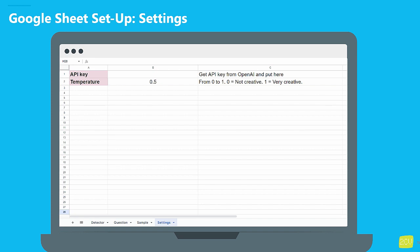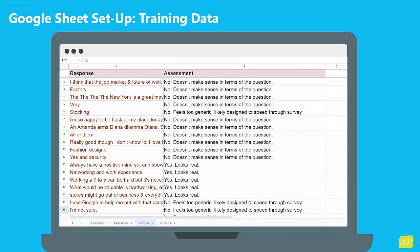I have it set at 0.5 here so that we allow GPT to be a little creative, but not too creative. Moving on, we have our training data in the following worksheet. Here we use actual answers from the survey and code them to teach GPT what we consider is good or bad. When we code these responses, we have the flexibility to provide any assessment we want, whether it's a simple